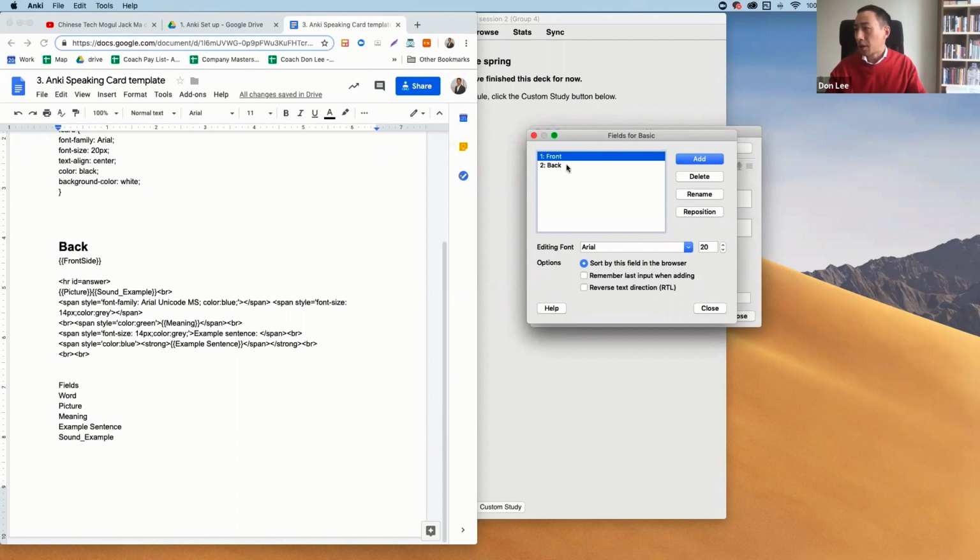So from here, keep this, keep front and back, keep it. And all you're doing is click on add. And then you're doing word. There you go. Click on add. Picture. Click on add. Meaning. Click on add. Example sentence. Now,